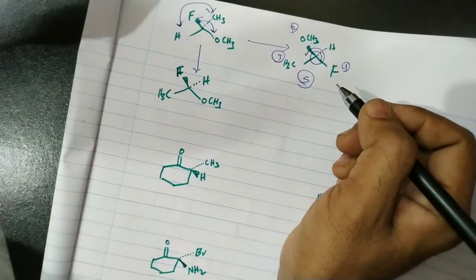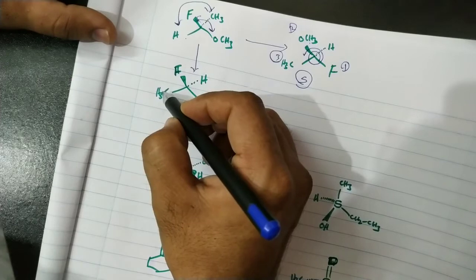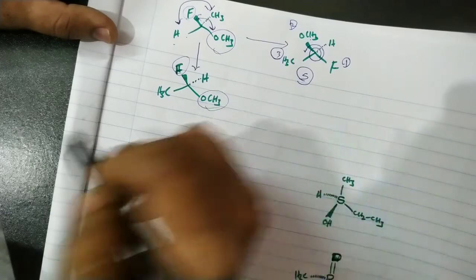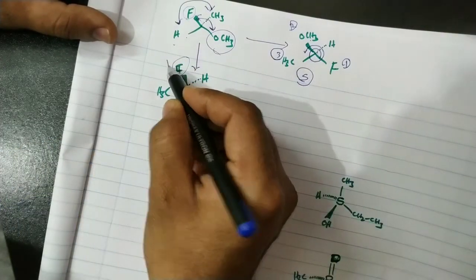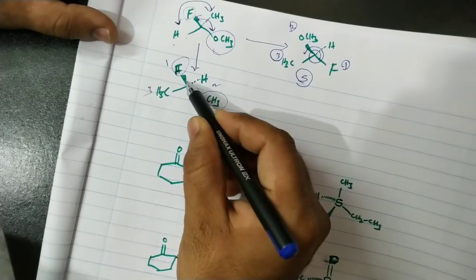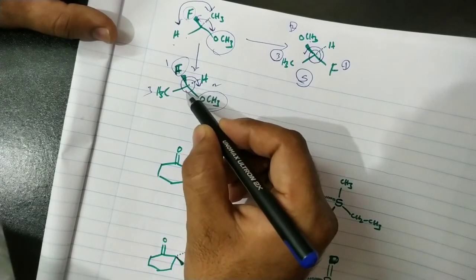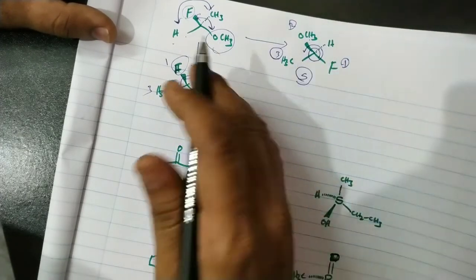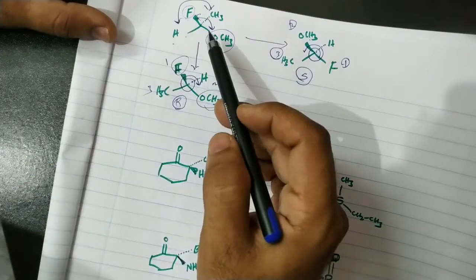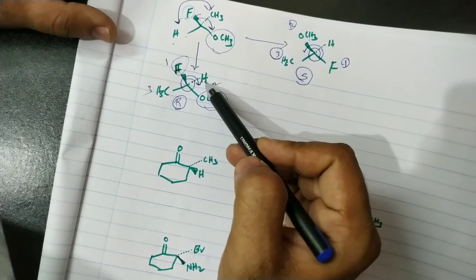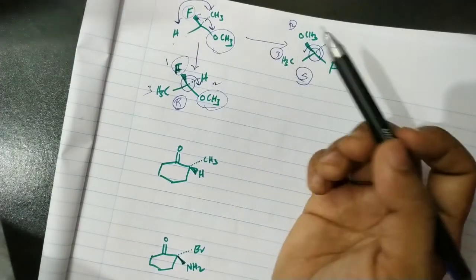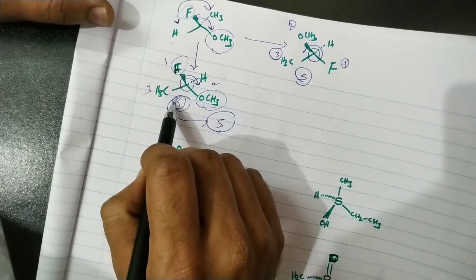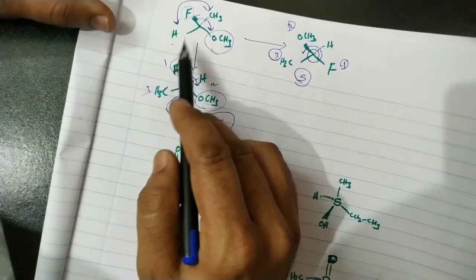Or suppose you take only one exchange, that means here only methyl and hydrogen are exchanged, but fluorine remains the same and OCH3 remains the same. In this case we will get the reverse configuration. Here first priority, here second priority, this one third priority. Here this arrow is in clockwise direction, so its configuration is R, but the actual configuration is S. If you take one exchange, hydrogen went below the plane, so we can give the configuration R, but the actual configuration is S. You have to reverse this configuration, because we did only one exchange.